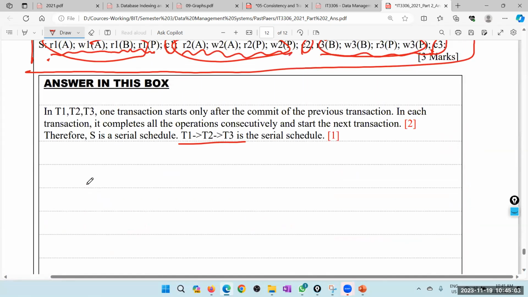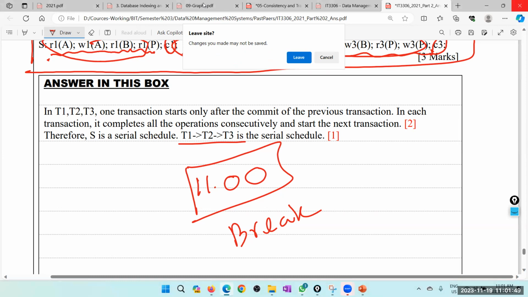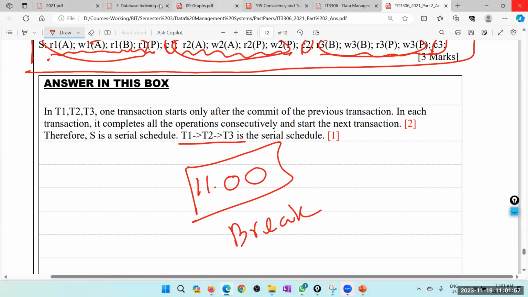Right. So we'll take a break. After the break, we'll continue with data structures and algorithms. Right. So let's move on to data structures and algorithms. So last time we finished